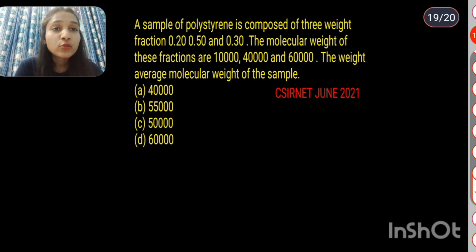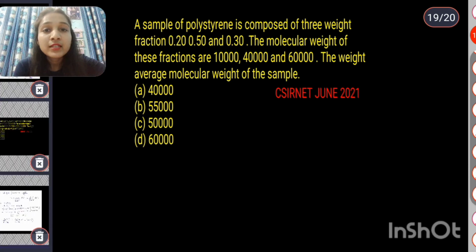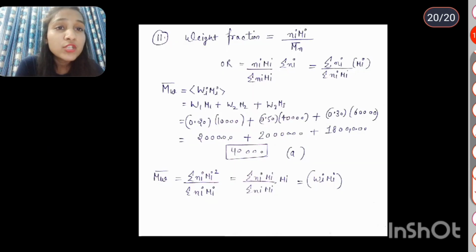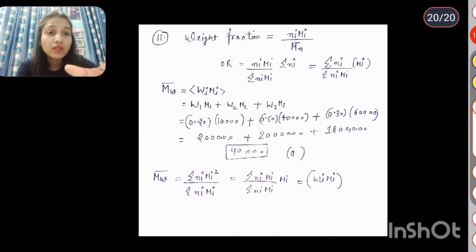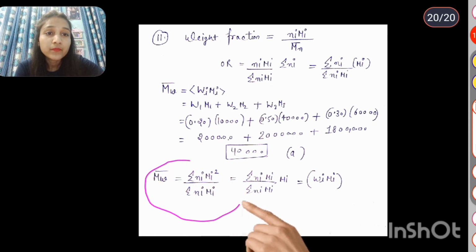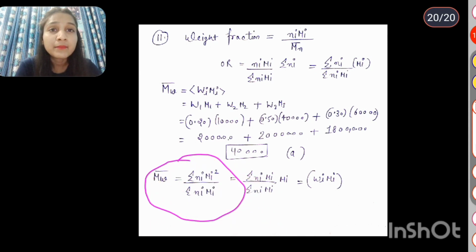The weight fractions and the molecular weights of these 3 fractions are given. Find the weight average molecular weight of the sample. We are very well aware that to calculate weight average molecular mass, we have this formula. वेट एवरेज मॉलिक्यूलर मास के लिए हमारे पास ये फॉर्मूला होता है, बट यहाँ पे हमें दिया क्या गया है,